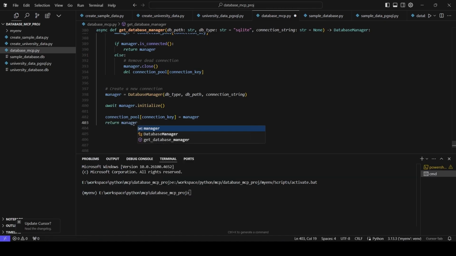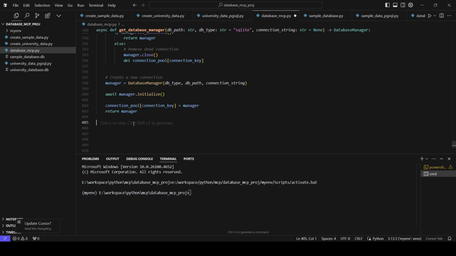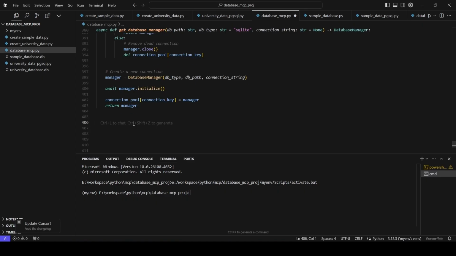So this adds a new key value pair to the connection pool where the connection key is the key and the manager is the value. And then it returns the newly created and initialized manager object. Now we will create our first database MCP tool, and this tool will execute a select query on any database. So let's do that. First, we will define the decorator,